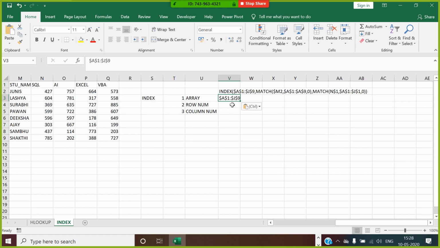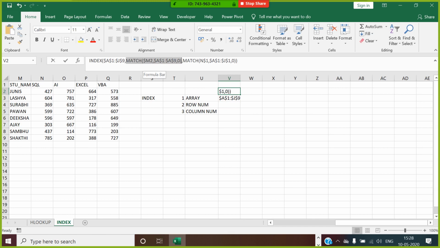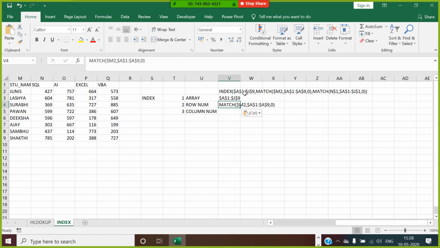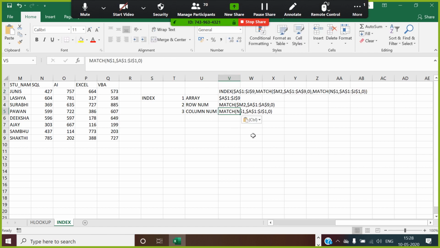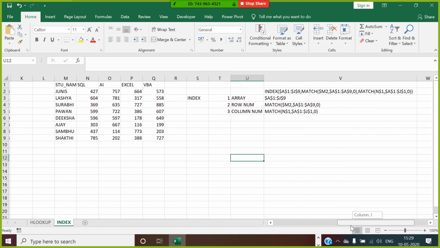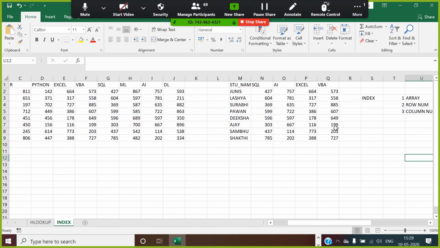It is fixed. This is the array. What is the row index you have? This is the row index. What is the column index you have? This is the column index. Understood, guys? How to use it? Index function.